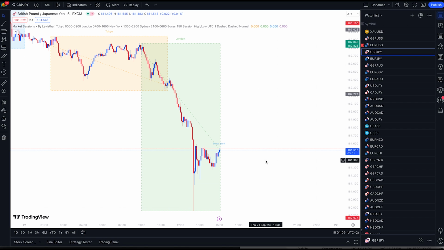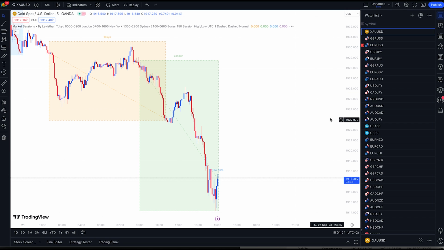The New York market just opened now, and as you can see clearly, the market has been on a clear downtrend on the previous major market session, which was the London session. All right, so let's just start with the first currency pair, because the currency pair we're going to be using